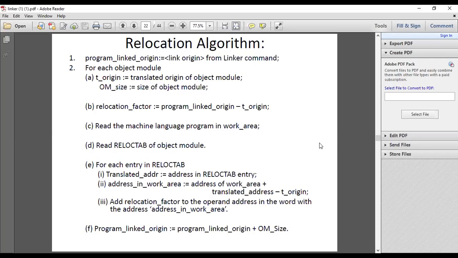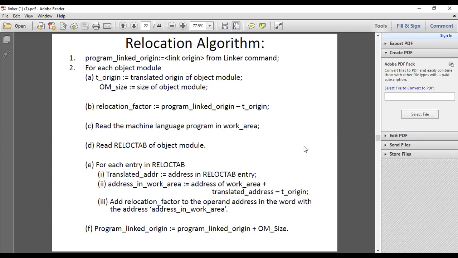Yes, sir. Repeat, sir. Okay, well, the relocation algorithm is the algorithm used by the linker to perform the relocation. As you know, relocation means we are transferring a program from one place to another place.